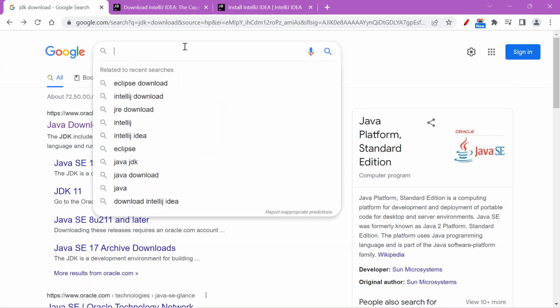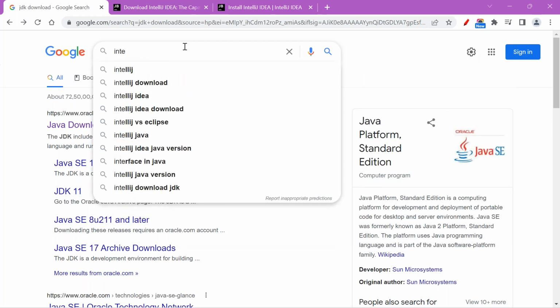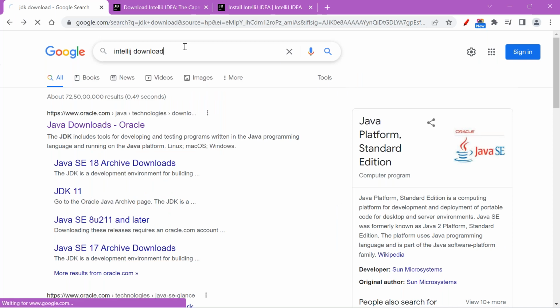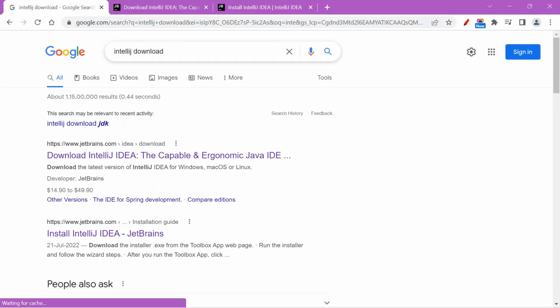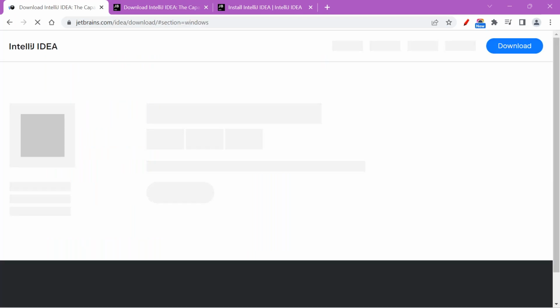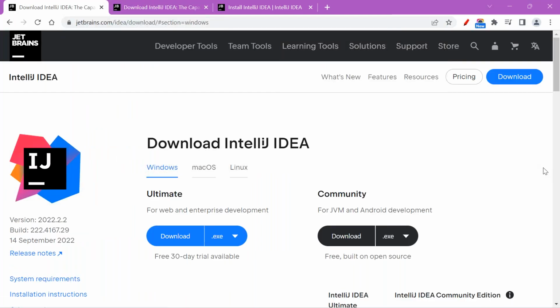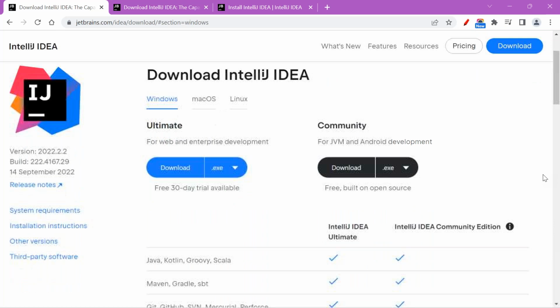Again, the same steps. Search for IntelliJ download. When you click on the IntelliJ download, select the first options. JetBrains is supporting it. This is what I was telling, right? On the left hand side you can see something called Ultimate Edition. Here you have to pay for it. It is for enterprise development.